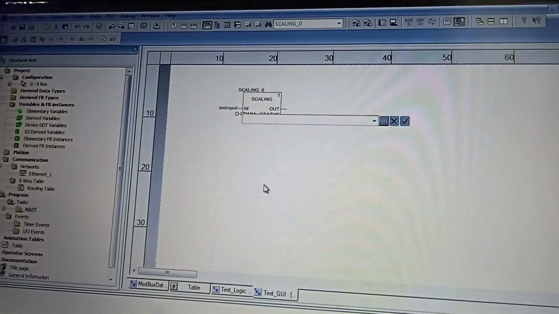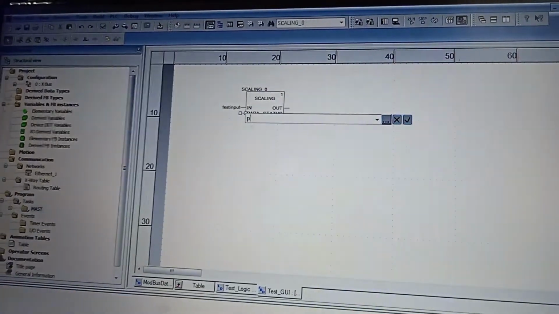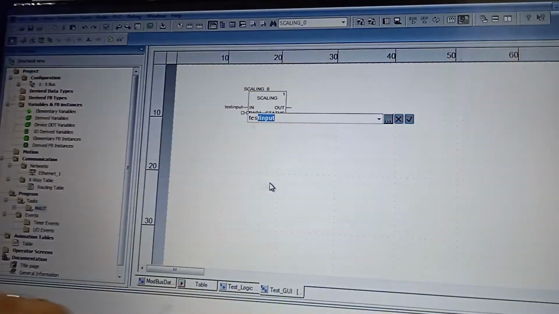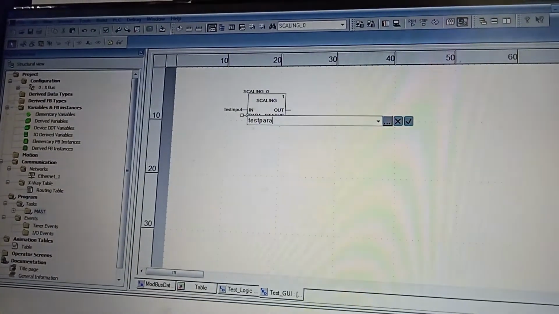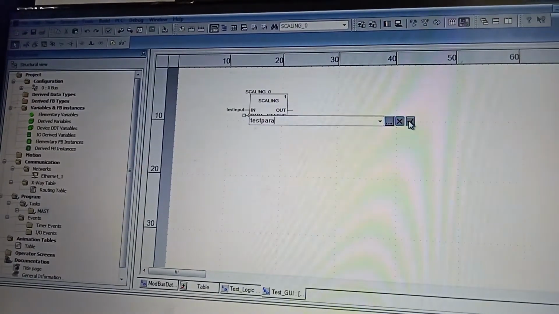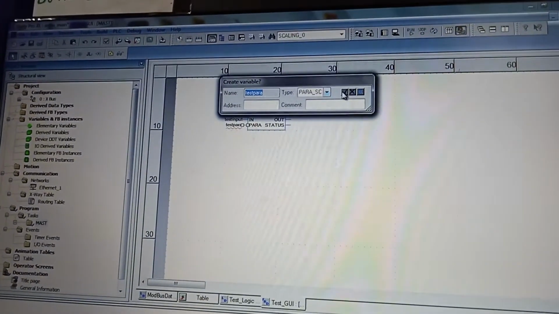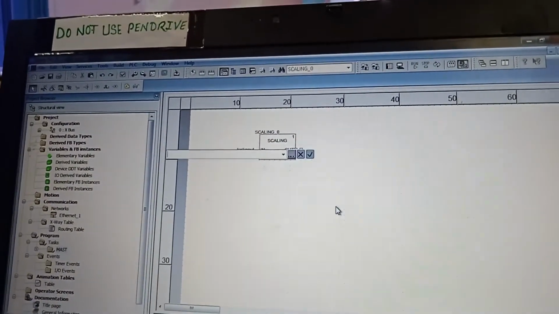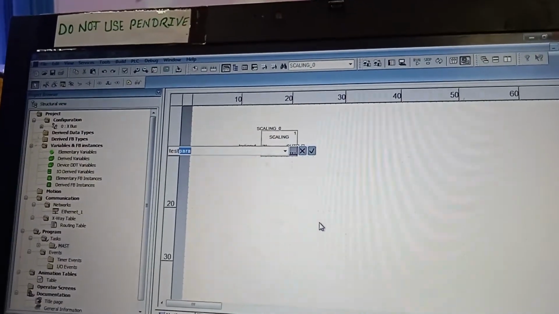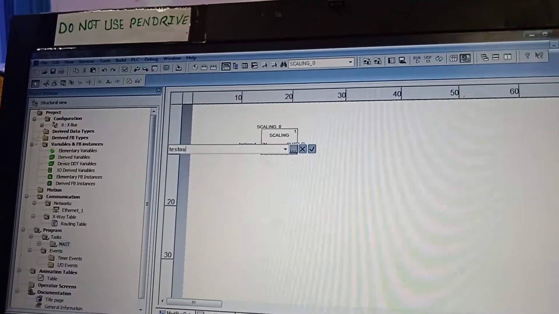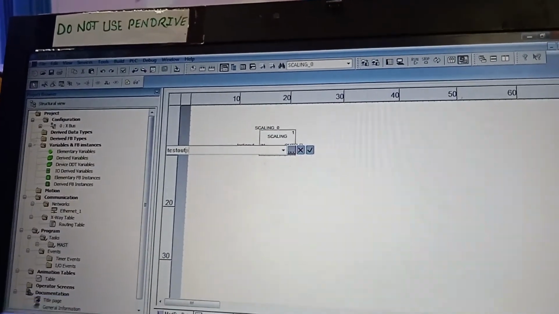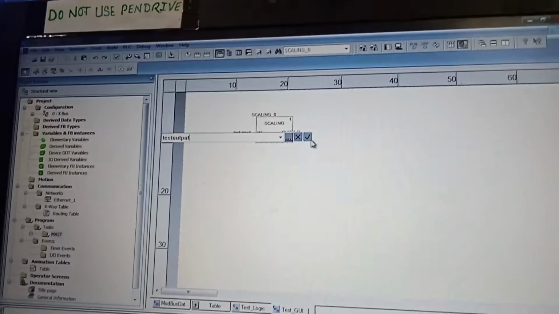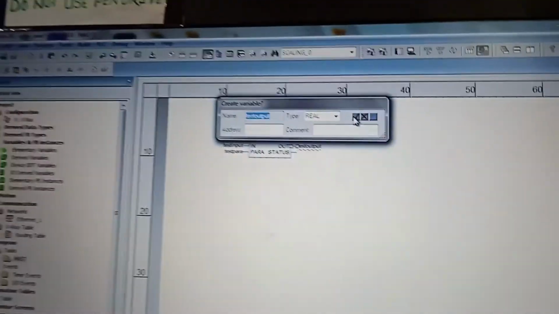Then the parameter, I'll write test parameter. So it is okay. And for the output, I'll write test output. It is also real.